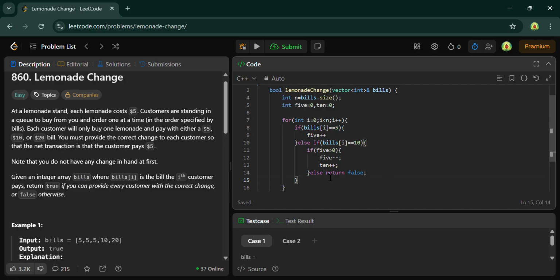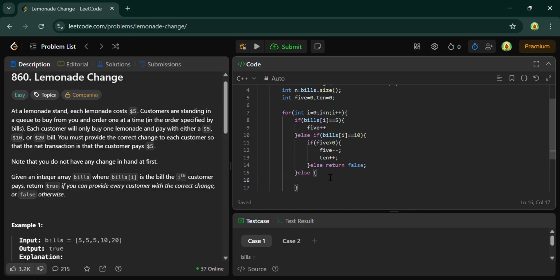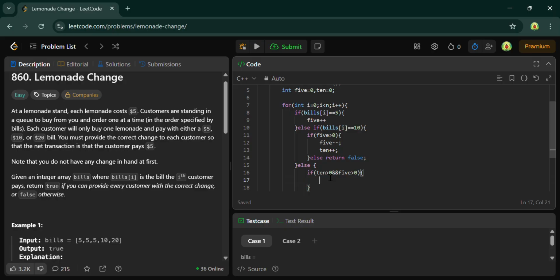If you get a 20 rupees bill in the else condition, then you have to check whether there is a 10 and a 5 or not. So you check the condition, and if there is a 5 and a 10, then you just have to do five minus minus and ten minus minus.